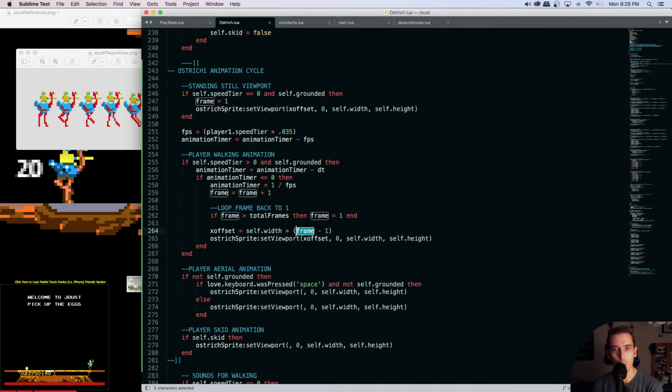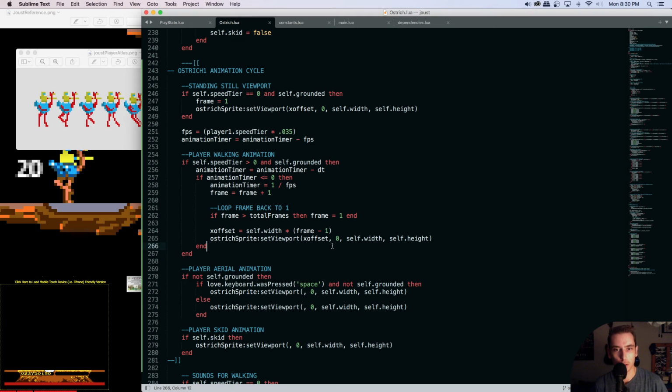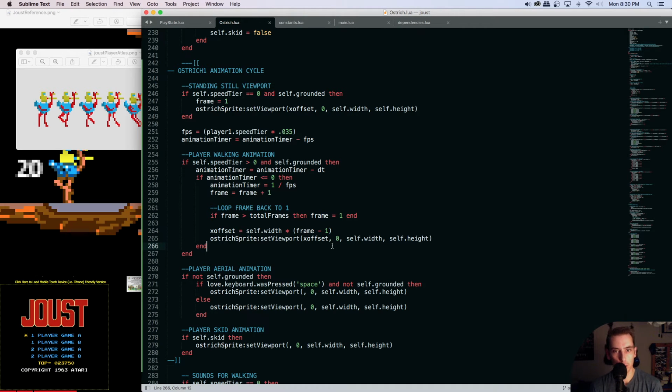So then on frame 2, it would be 2 minus 1, which is 1, 1 times self width, which is 16, giving the effect of on frame 2, its X position determined by this X offset would be 16. So then for the 4th frame, the last one of it walking, it would be 4 minus 1, which is 3. 3 times 16, which is a number, that is going to be this quadrant right here of this fourth frame. So yeah, this is where all the magic